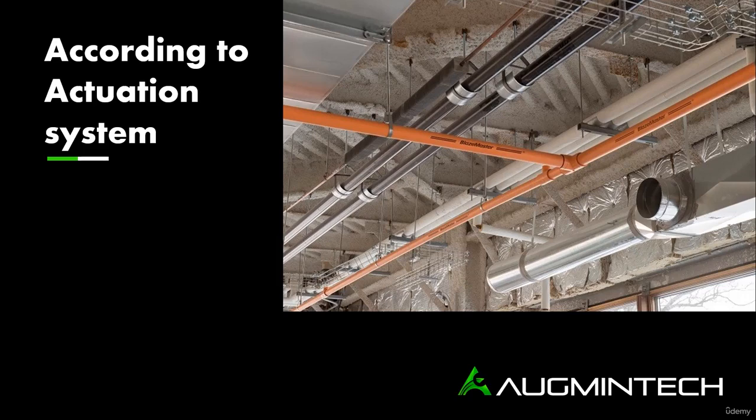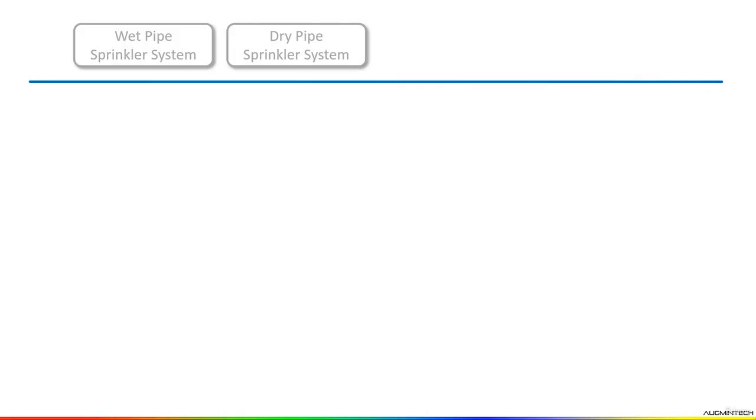In this session, we are going to discuss various types of sprinkler system according to actuation system. What you will learn: in this session, you are going to learn about pre-action sprinkler system. After that, deluge sprinkler system. So let's start. As I already discussed, we have four types of sprinkler system according to